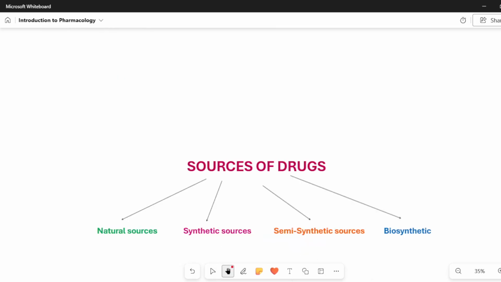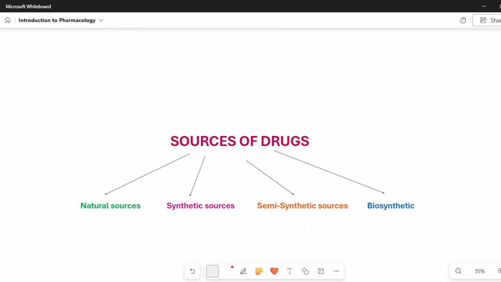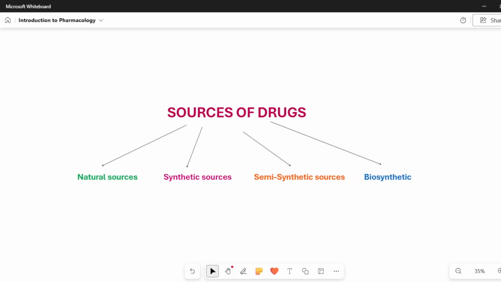So next we'll see, now we have seen the drug, which is the final product which the pharmacologist invents and gives to pharmaceutical industries for manufacture of medicine. So how are these drugs or the raw materials for these drugs obtained, from where we get these ingredients, or where we get these drugs from.